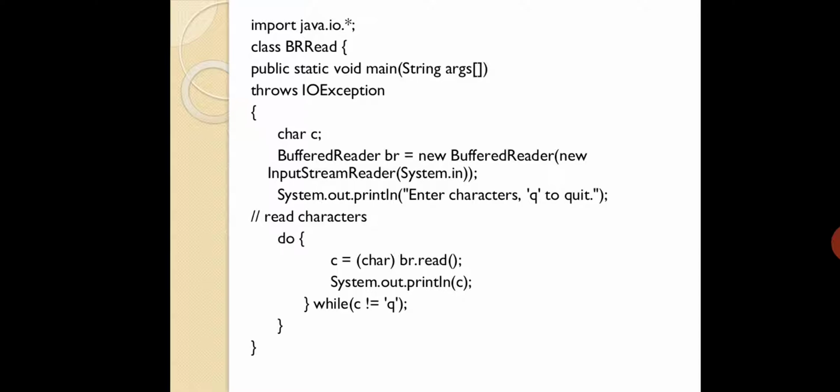Now, what is the meaning of that first line? Here it is java.io, and whatever methods and information are stored in that particular package, we are going to access it. Please give the permission. That is the meaning of that line. So whenever you write java.io.star, whatever methods are present inside that particular Java package, you can use those methods for your program. If you don't want the star, you can specify a particular method or a particular concept which is required for you.